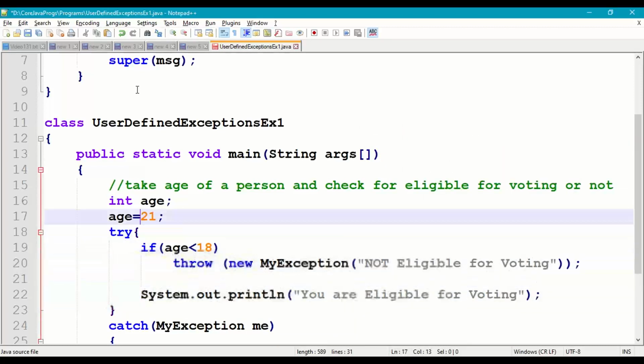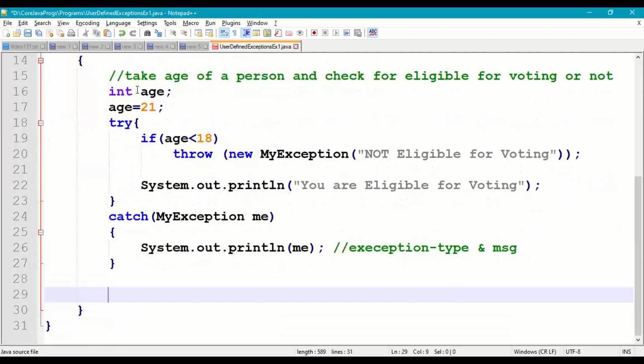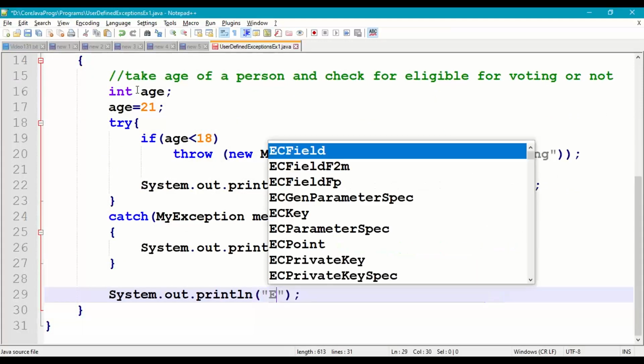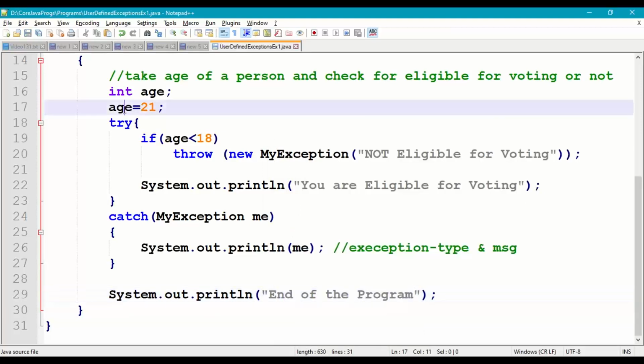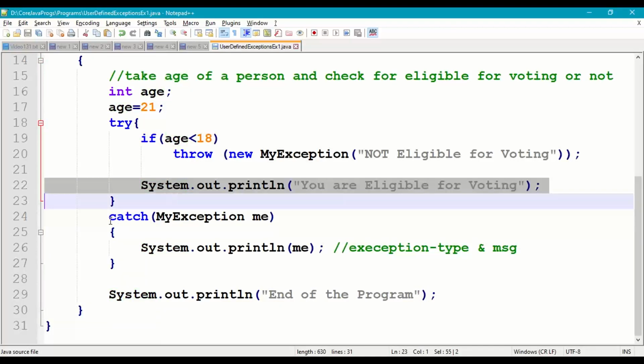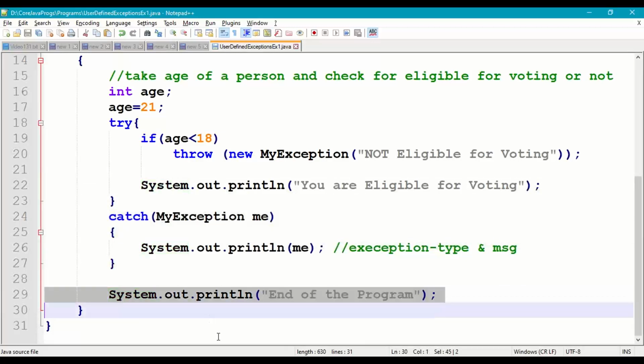Right, so since the age is 21, it is greater than 18, so eligible for voting. And then in the last, no exception, you will not get any exception. We'll also print end of the program. So age 21, no exception, you are eligible for voting, no catch block is executed, end of the program. Right, so now